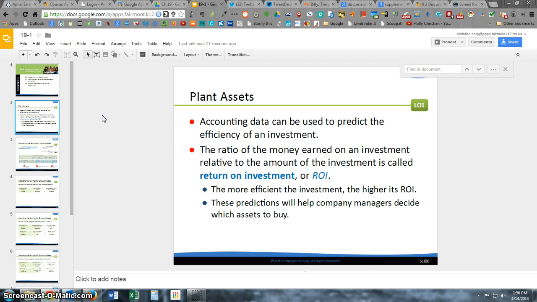Your plant assets are usually the larger assets like cars or trucks or things you're going to use over a period of time. And because you're using it over a period of time, you want to know what the return on your investment is, or the ROI. Your accountant is going to figure that up for you, and you want to make sure that you're using good information